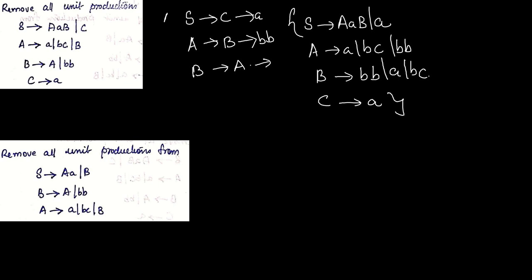Now remove all unit productions from here. So in this example, S gives B is one example. Then B gives A is another unit production. Then A gives B is another unit production. So we take S gives A, B gives BB,